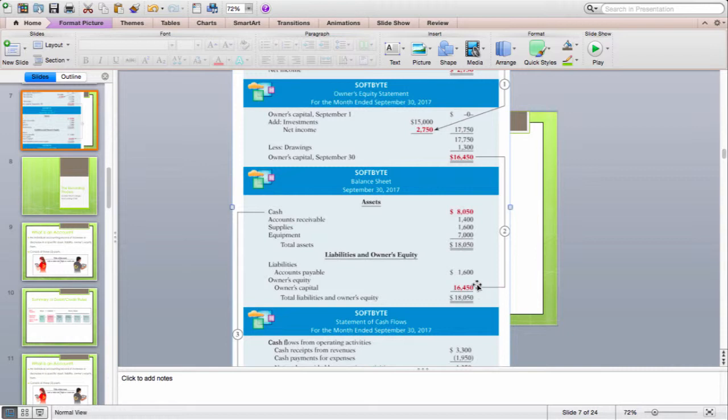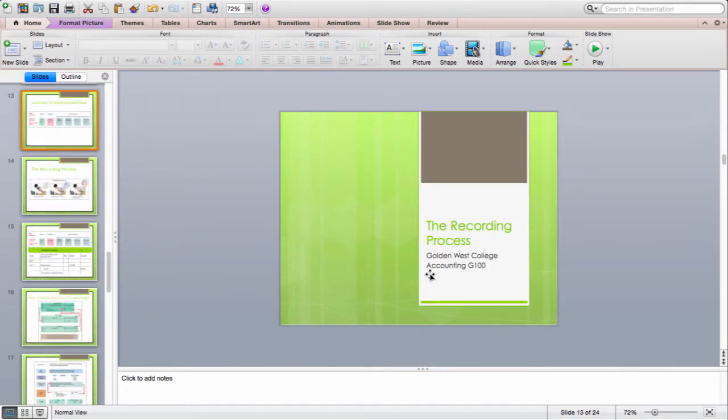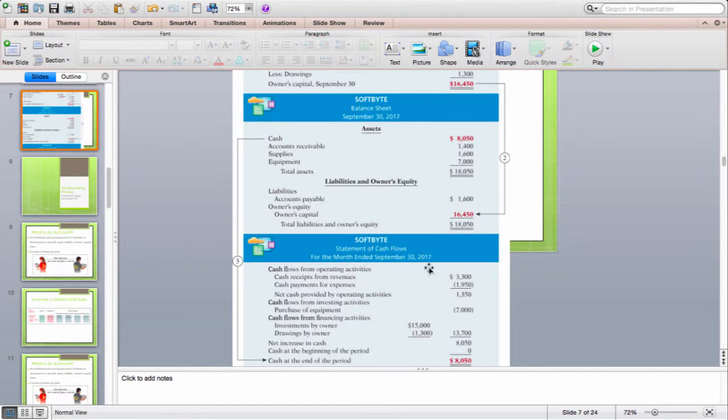The last statement, and also too, you notice that owner's capital, you already determined that up in owner's equity, so that is in relation there. So every time you have to do a balance sheet and you have to draw in your owner's capital and you've done your owner's statement beforehand, just make sure you drop that value down here so you don't have to redetermine that. Now, the statement of cash flows